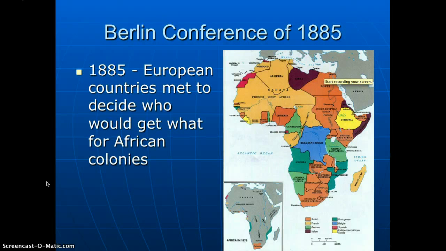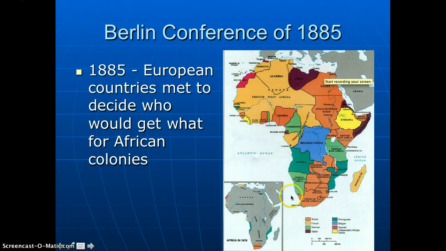And at this conference, the European countries sat down and they literally sat over a map and carved up the continent amongst all the European powers. Now check out these maps right here. This insert map below, okay? 10% of Africa colonized. All this gray area was not colonized by Europe in just 1878. Just some colonies along port areas and along the coast that had existed for a long time before this, but other than that, the continent was wide open.